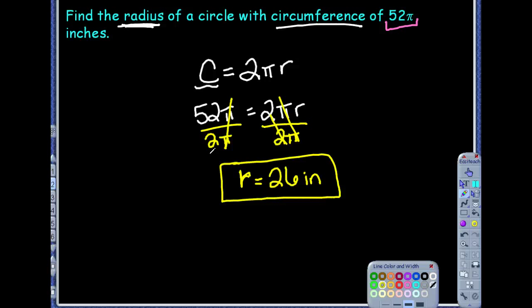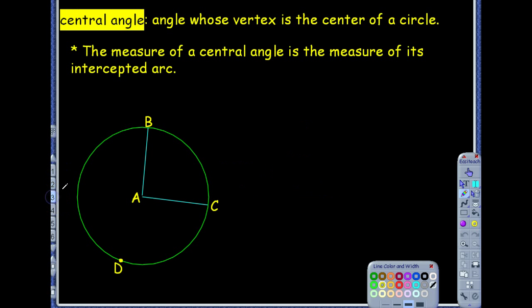Because any test we make up, anything that we will give you, even on a worksheet, if it says use 3.14 for pi, we want you to use the pi button. Yes. Okay? Good discussion. All right, so before we get to what an arc length is, because that's the other